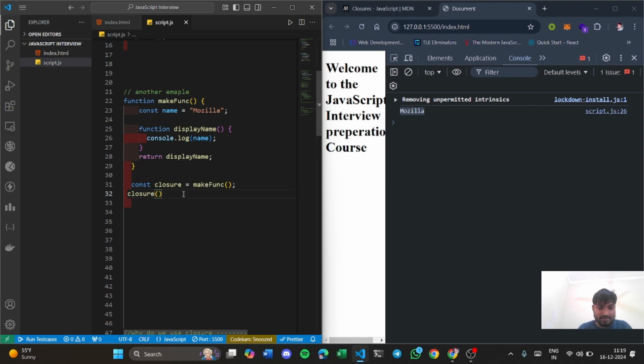But I wanted to say that when you call this make function here, you call this function and store its return value in a variable called closure.